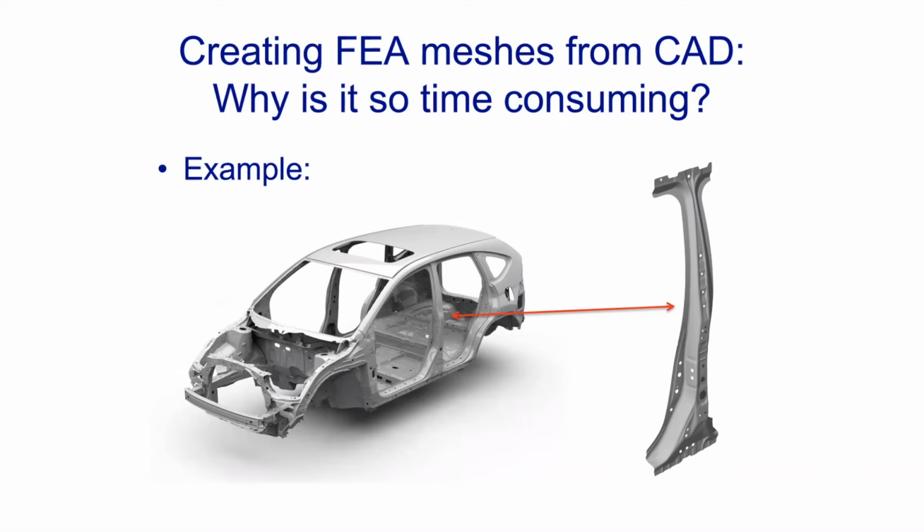Let's take a look. This is a simple piece of a B-pillar, a Honda. This B-pillar is just one piece of metal of the assembly. It's been cut, shaped, and it's been,